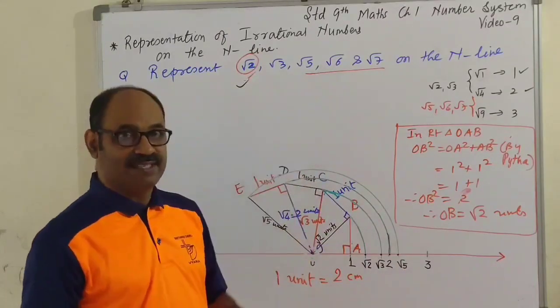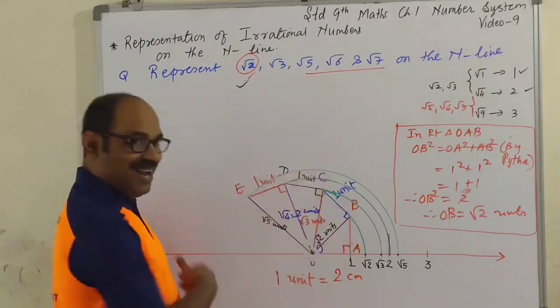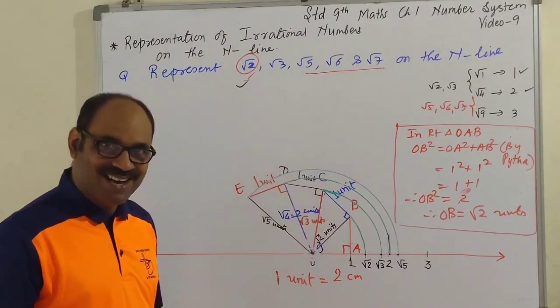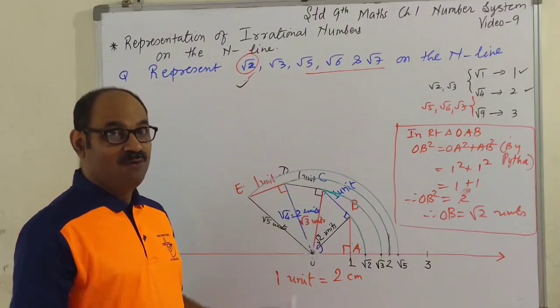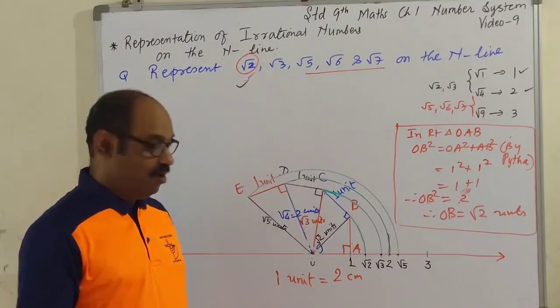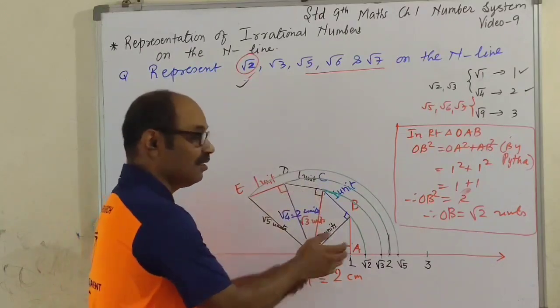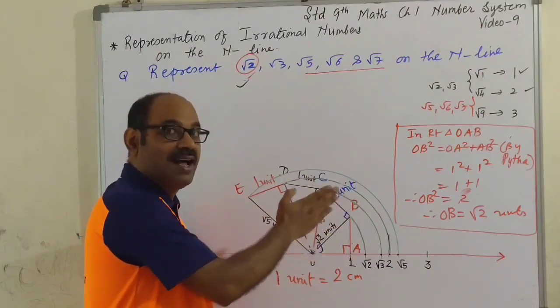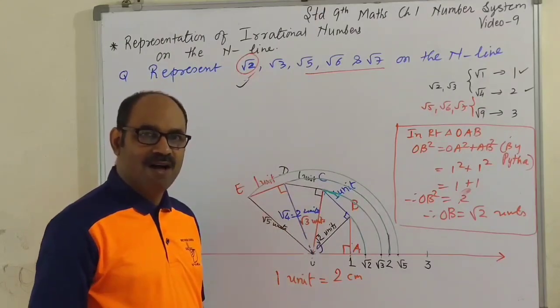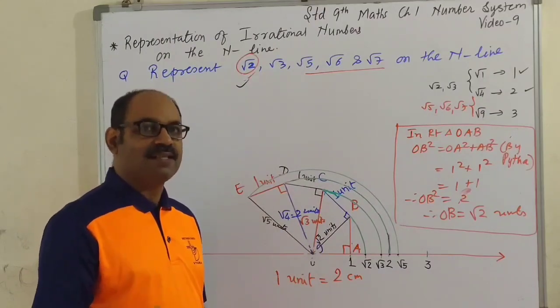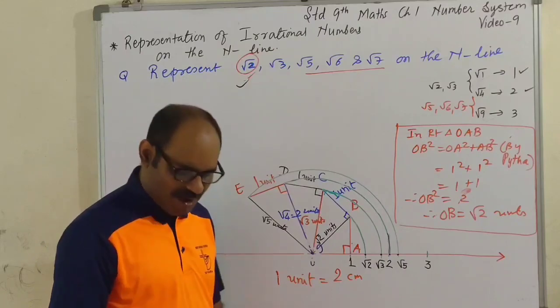Still we need 2, root 6 and root 7. So another right triangle you will have to construct. So see, first, second, third, fourth, 4 right triangles we constructed. One by one, successive right triangle construction is done. एक के बाद एक. That's why this method is called, or we have called it, successive right triangle construction method.